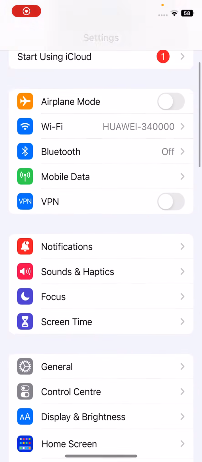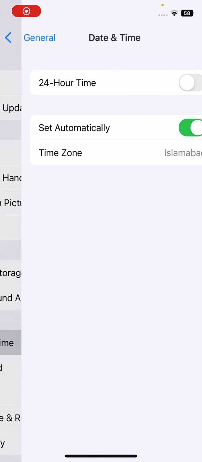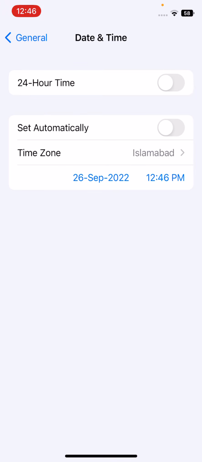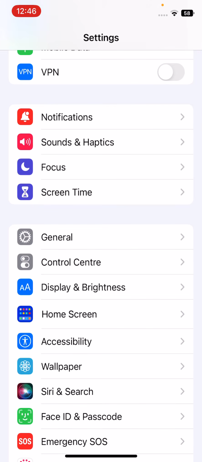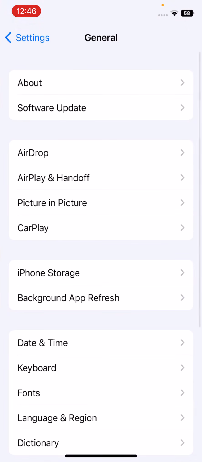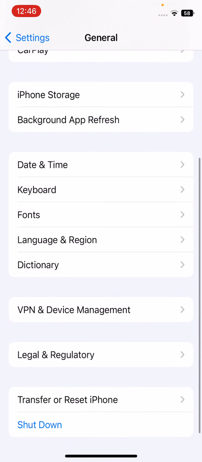Tap on settings, tap on general, tap on date and time. So guys, correct your date and time first. After correcting your date and time, tap on set automatically. So after correcting your date and time, so guys, the last method is tap on general, tap on transfer reset,